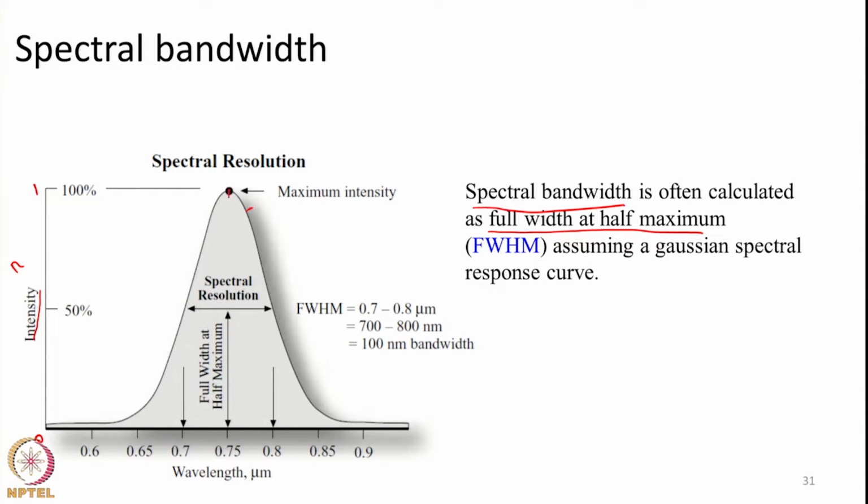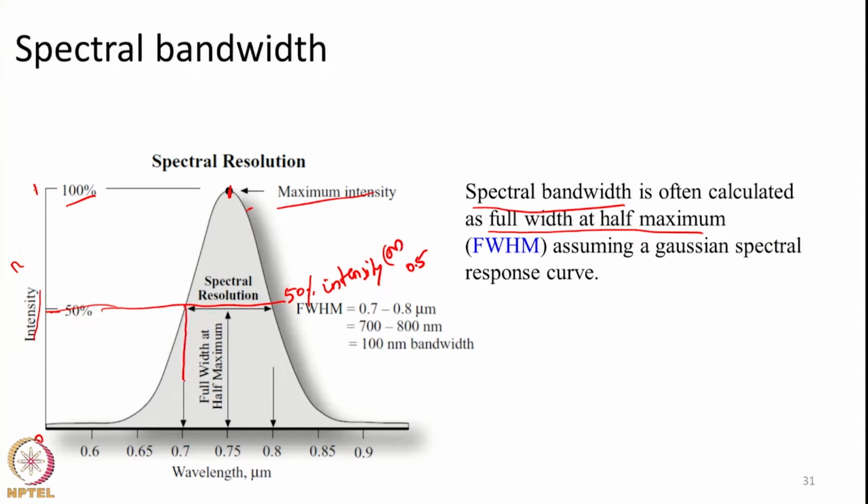Say this is a response of 1, or 100% intensity, everything is exactly stored. If this is a Gaussian function, there will be some point at which the curve is at 50% intensity,